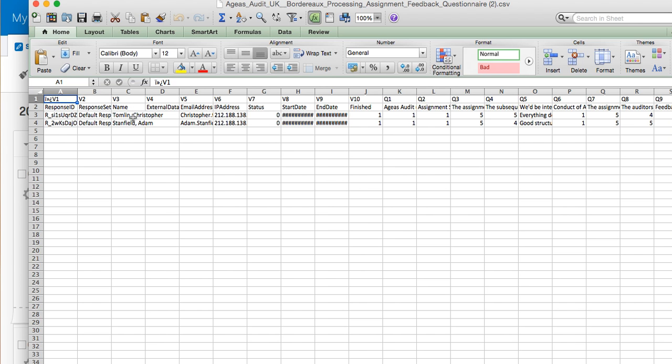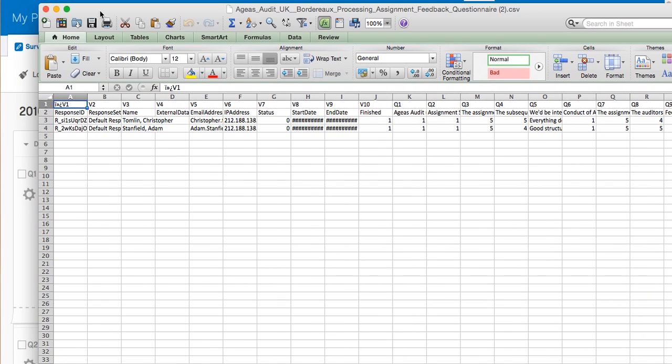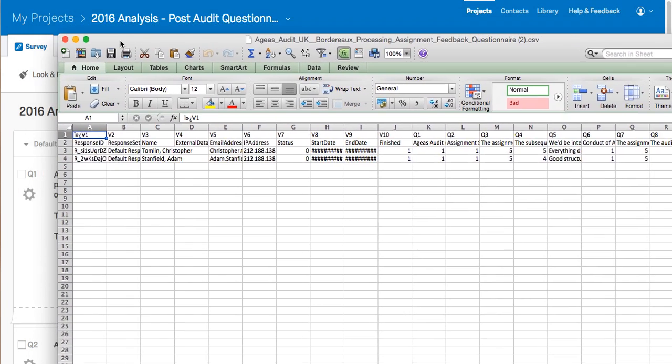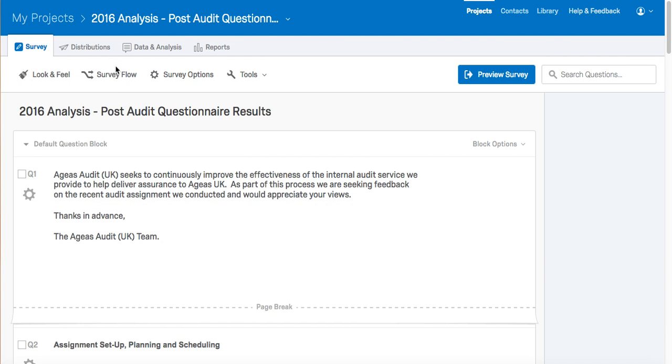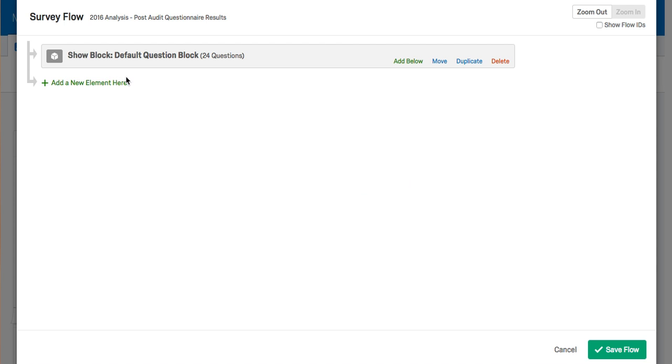This won't be possible to import because it was sent to a contact list, whereas this survey was actually not. So what we're going to do instead is we're going to add name and email address as embedded data fields in your survey flow so that we can pull this in as embedded data rather than as something else. So to do this, we're going to click into survey flow, and this is going to be just for the survey we're